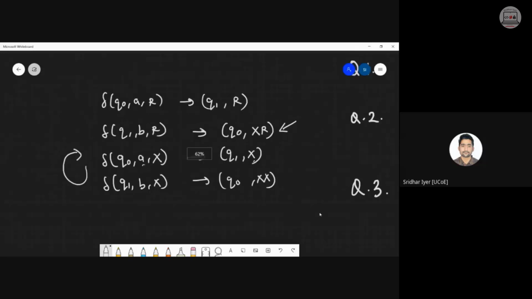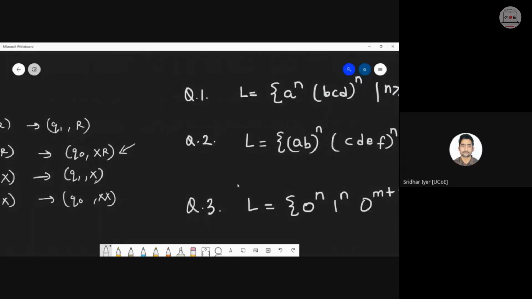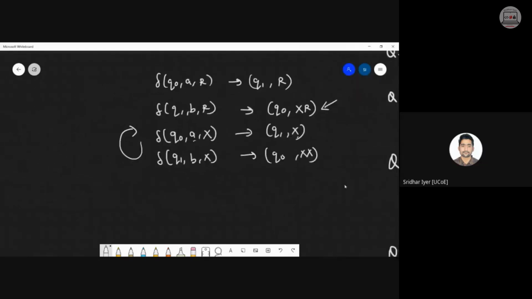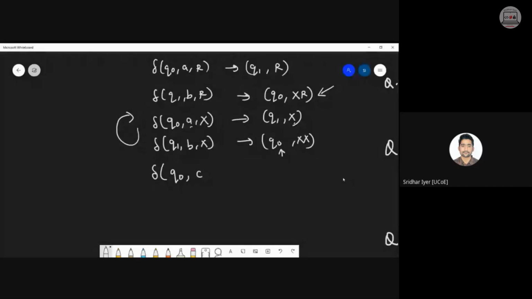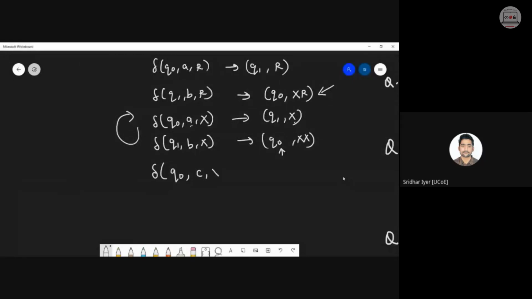Okay. You understood this much. Now from Q0, we are expecting one C. C, D, E, F, right? So let me complete this transition for you. So it is Q0 only, because which is the last state? Q0. So we will start from there. So it becomes Q0, C on top of X. On top, it will be X only. I know that we don't want to change anything, so we just will have to change the state. Which state should I select now? I should select Q2 because we have already gone up to Q1. So it will remain something like this.